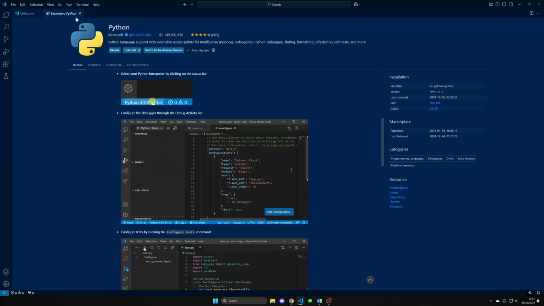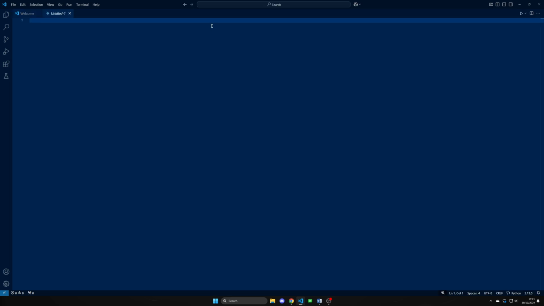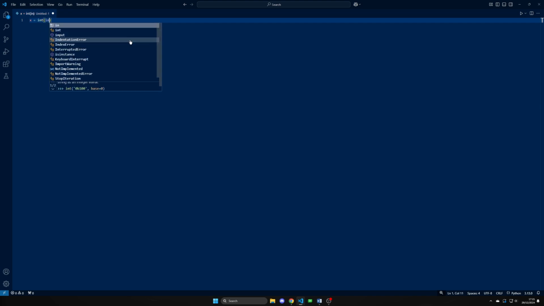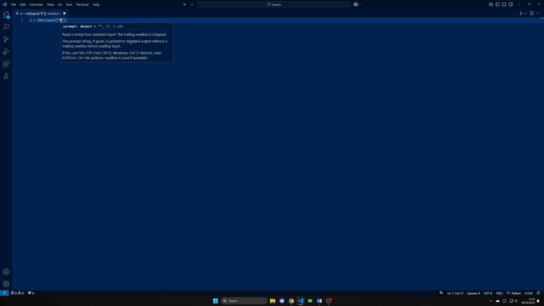Okay, so now we wanna go back and we wanna create a new file, and we want it to be a Python file. So we're gonna click on Python file. We can close the welcome window. So the first line of code is gonna be x equals int input and x. So this basically, what this code does is it takes your input and converts it into an